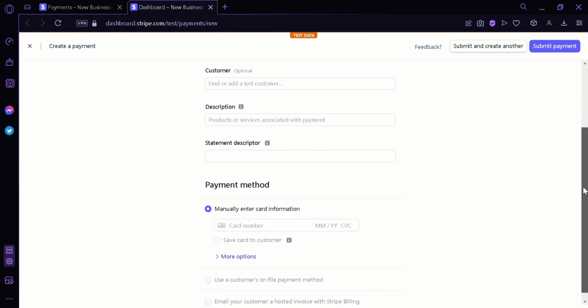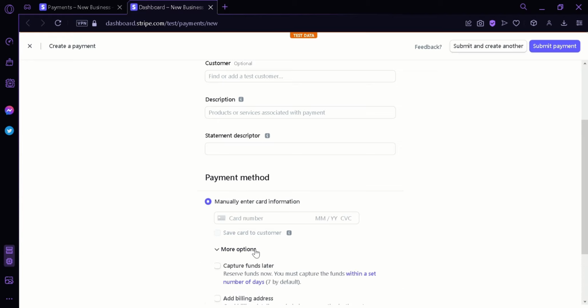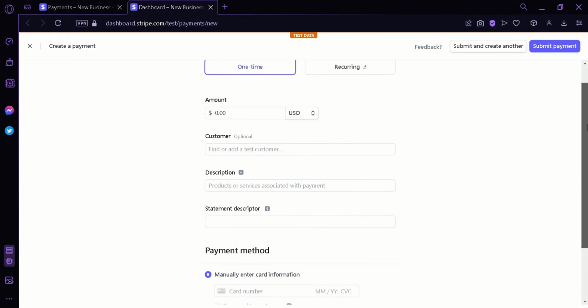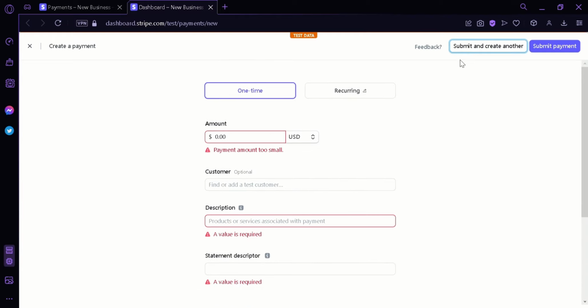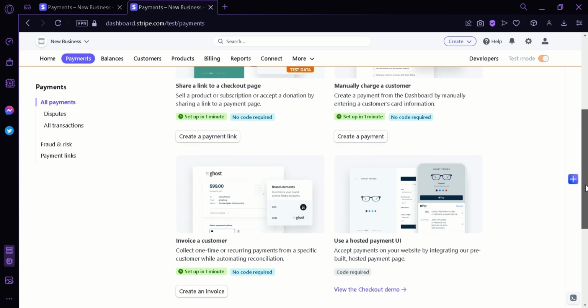You could add a statement descriptor, and you can change your payment method from manually entering card information. And you can see we have a payment method over here. Now, after editing your information, you can simply click on submit and then you will be able to create your payment. Now we're going to go back and then we can also see that we can create an invoice